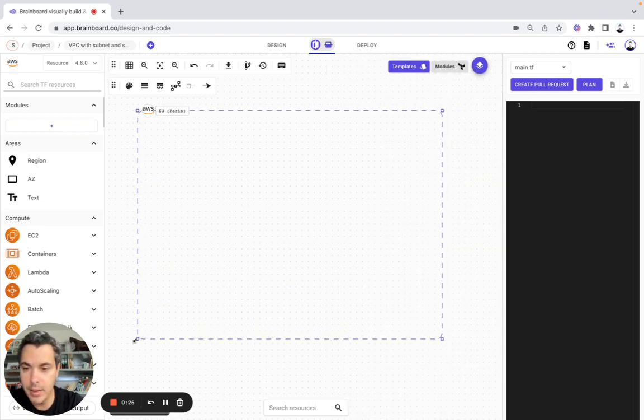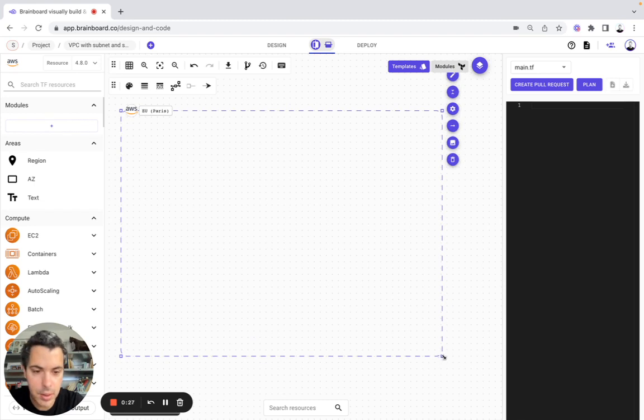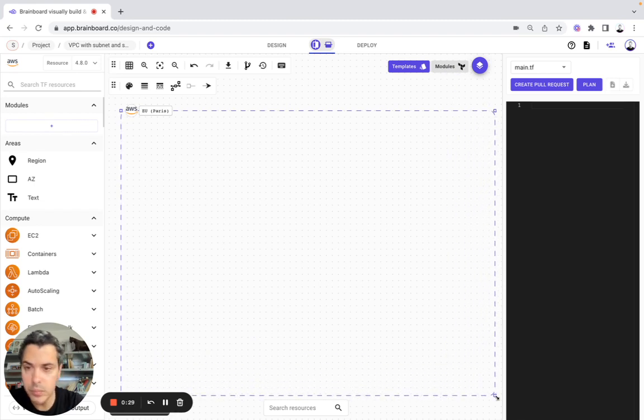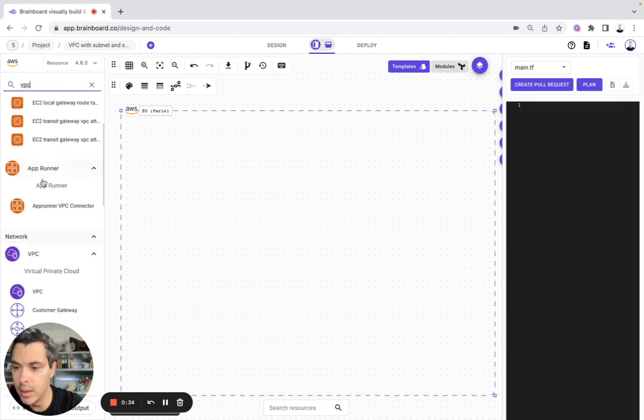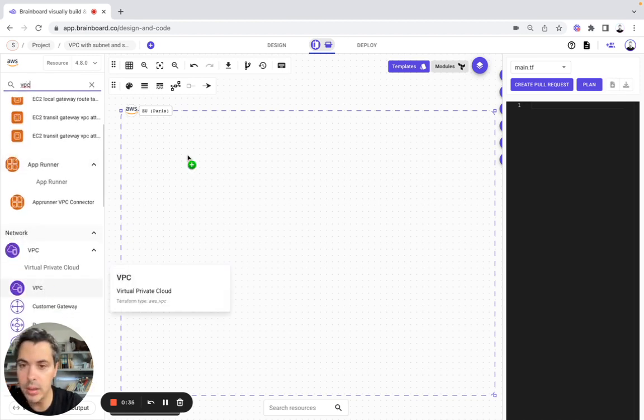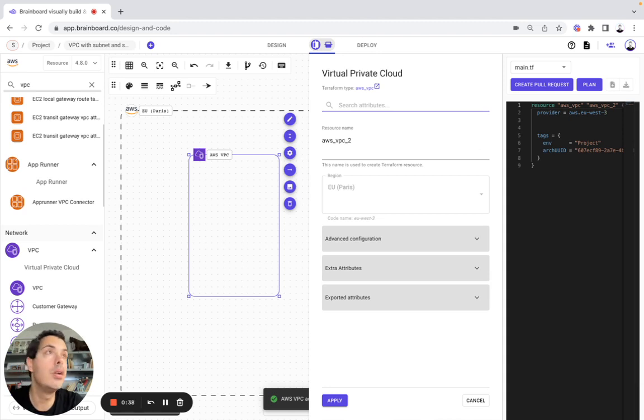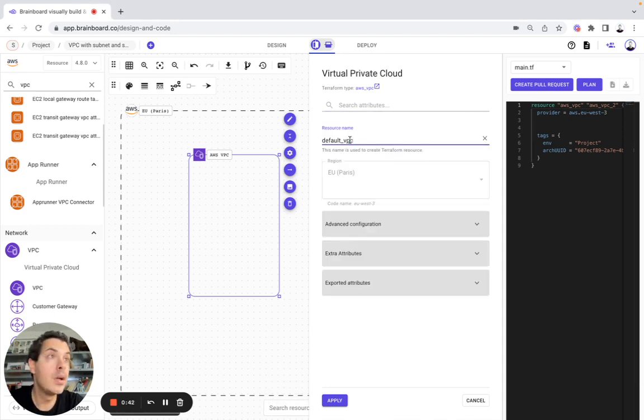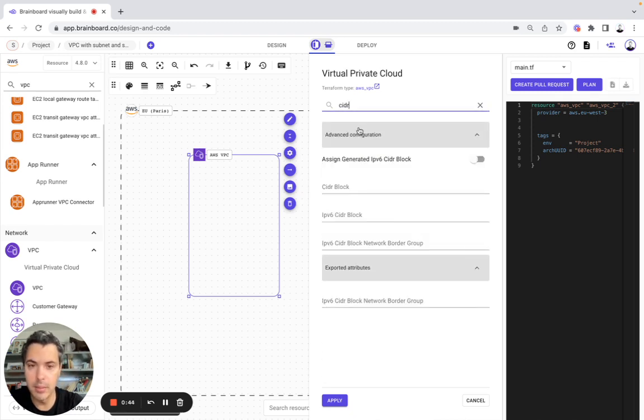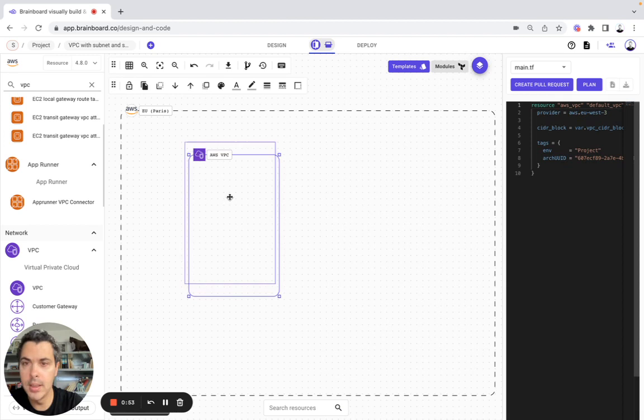I will make this resource bigger. And here I'm going to include a VPC. So VPC is this one. Now I'm going to modify the resource name and the side block. Here I will make